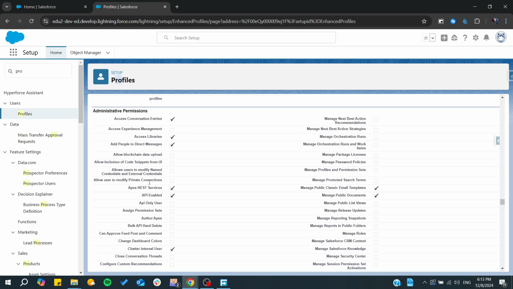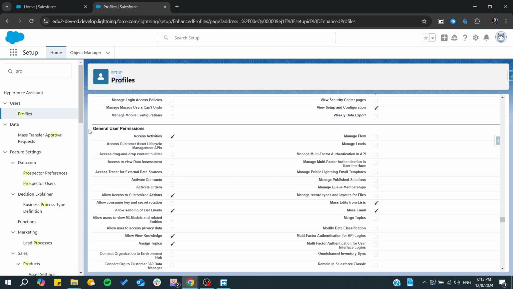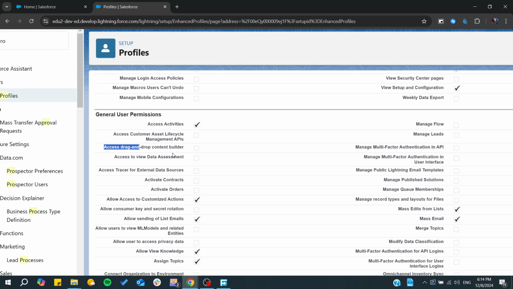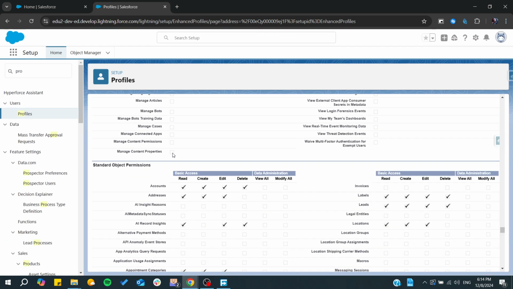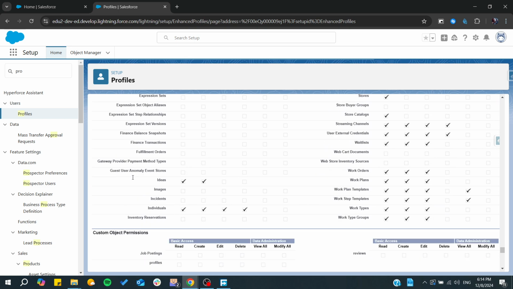You can also find the permissions and the object permissions, like the general user permissions, if he can access and view the data assessments and all the other stuff that you can do. Also, you can have some object level permissions like the standard objects and also for the custom objects here down